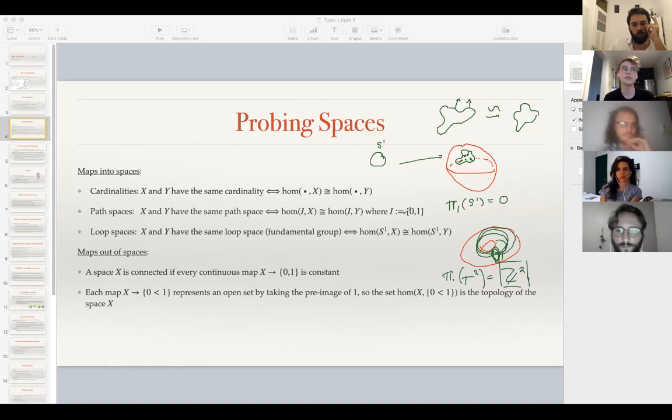Okay, of a circle will be Z, yeah. I see, okay. Yeah, so a circle can loop around itself in either direction as many times as you want. So that's gonna be, but on the sphere itself, which is a weird fact,